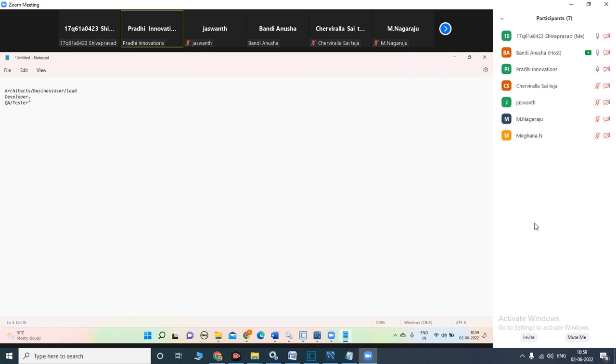Before developing the code, we'll ask them, hey, how are we going to develop, make a document. We'll ask the developer to create some kind of a technical document, how we are going to do the coding. Once the developer is done with that, he will actually do the coding. Once the code is done,